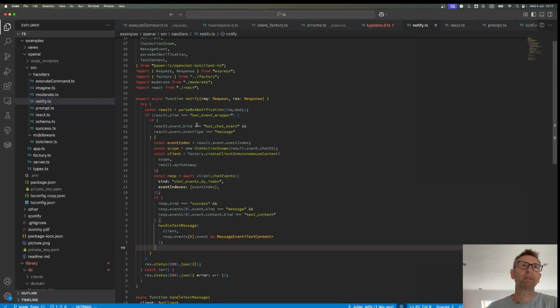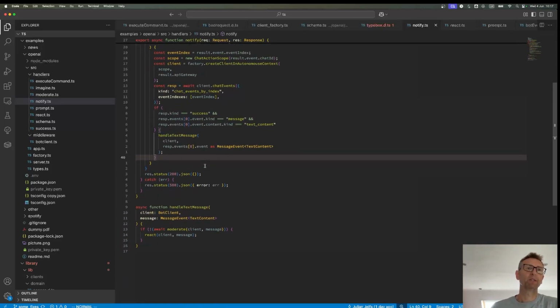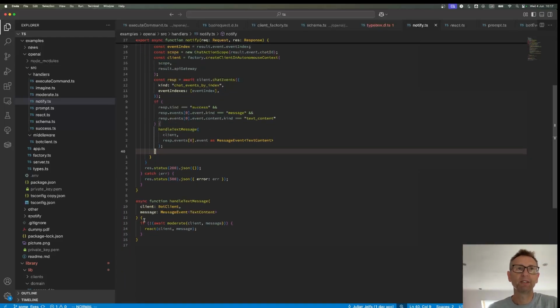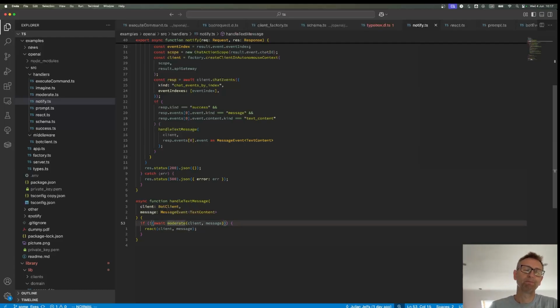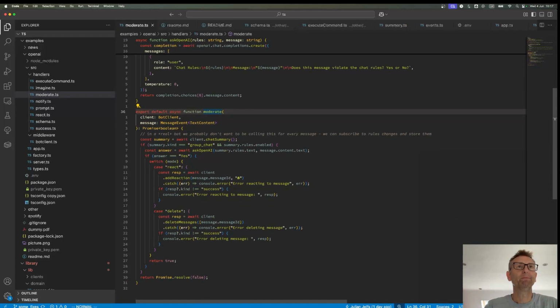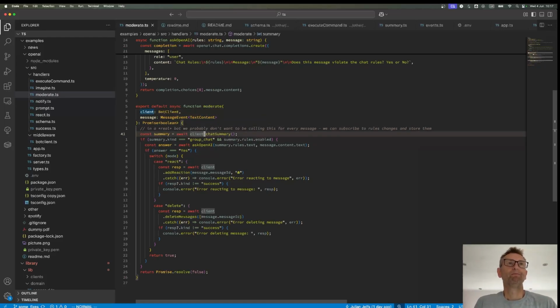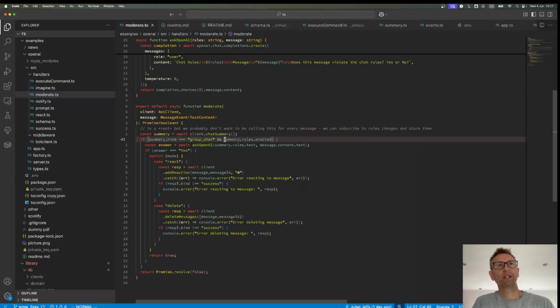So it's piggybacking the same notification mechanism. We loaded the message already, but in this case, it's going to send it through a moderation filter first. That moderation filter looks like this. So we load the chat summary. We check if it's a group chat, and it's a group chat that has rules enabled. And then in that scenario, we ask the AI, we send it the rules text and the message content text,